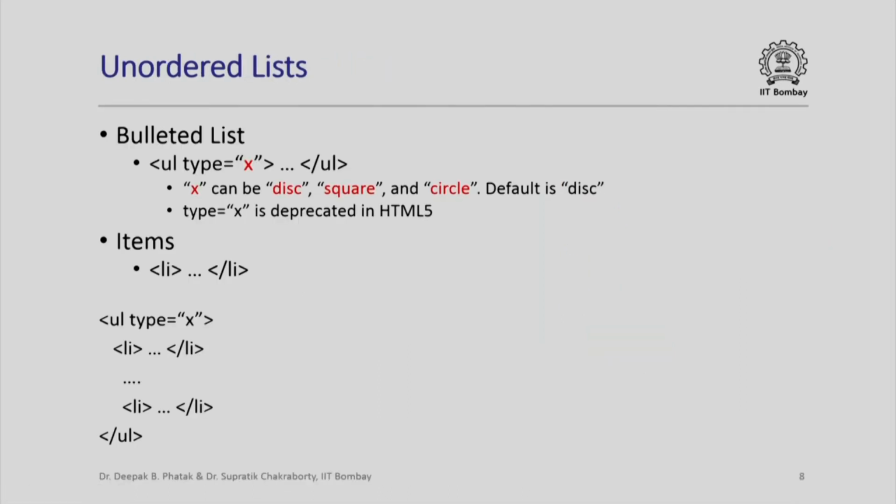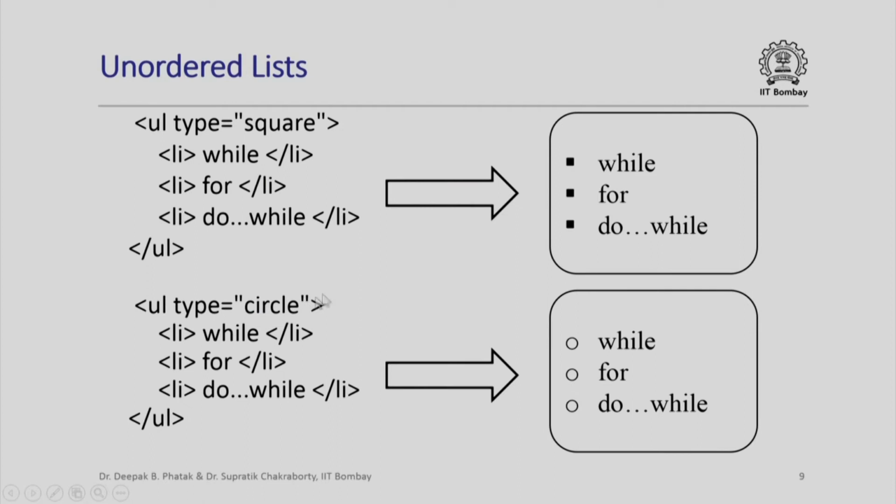You can also have unordered lists. The simplest example is a bulleted list where you can put different types of bullet. So here is, you can look at it on your own. It is very simple. The disk type, the square type, the circle type are the types of bullet. The default is disk, and you can have an unordered list comprising of these bullets. So here is an example of unordered list which shows bullets. Here is another unordered list UL which is using type circle. So you will see this.